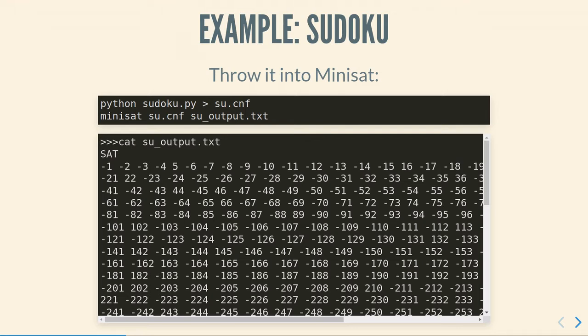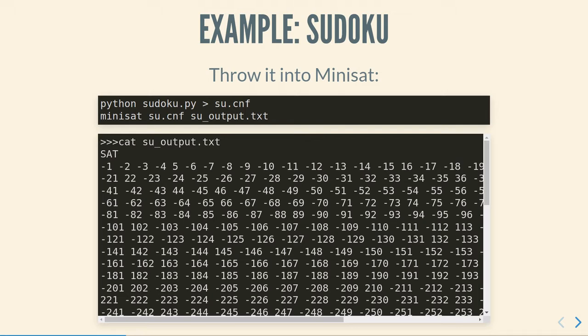problem. So for instance, in this case, variable 1 is false, variable 2 is false, variable 3 is false, variable 4 is false, variable 5 is true, variable 6 is false, variable 7, and so on. And those are the valuations that satisfy the Sudoku problem. This is all of the values of the binary variables, but we can use those values